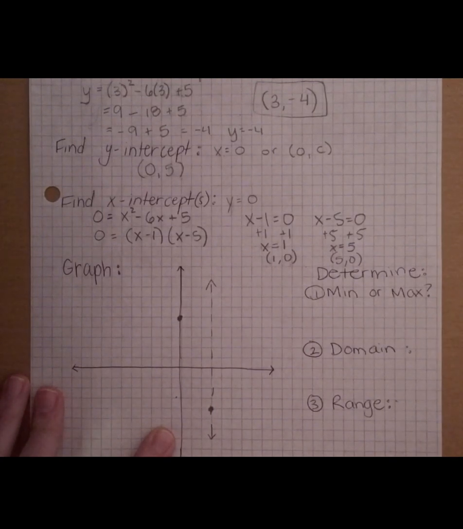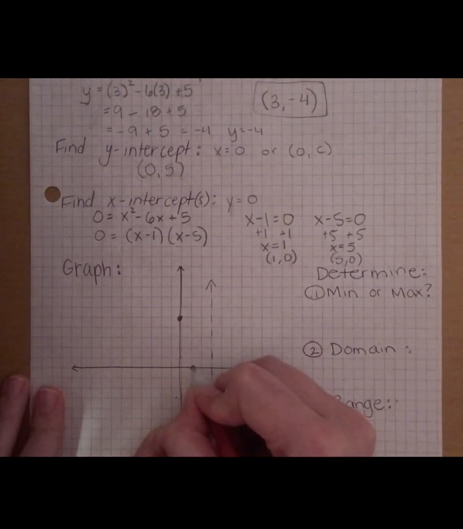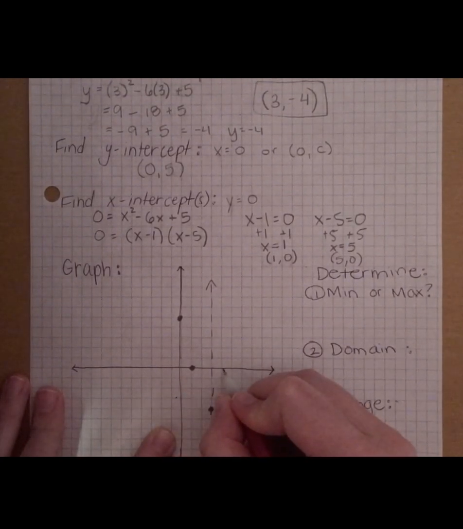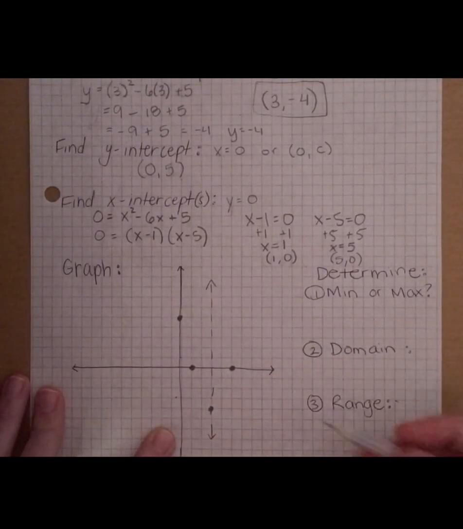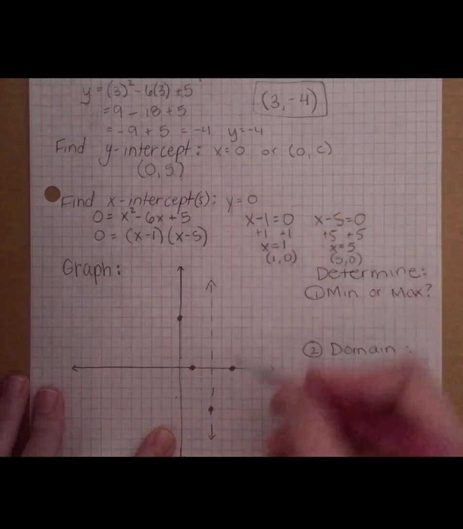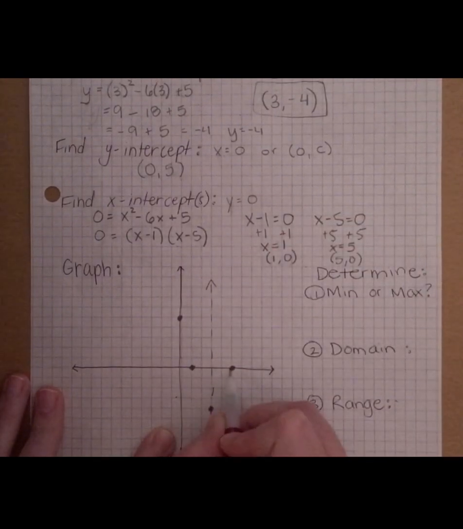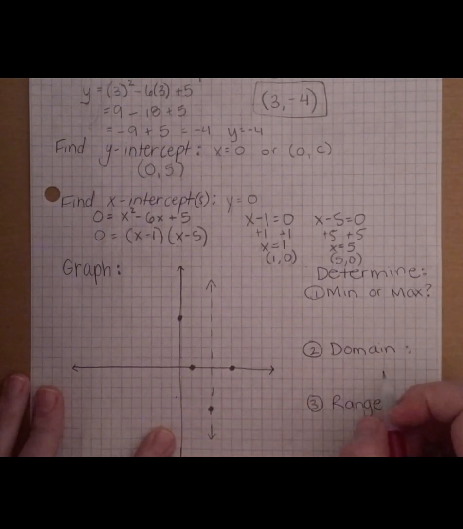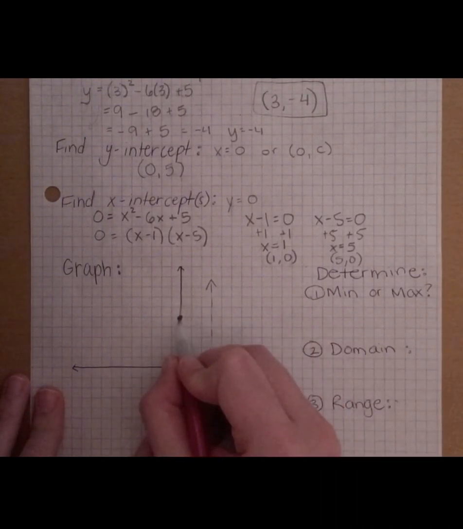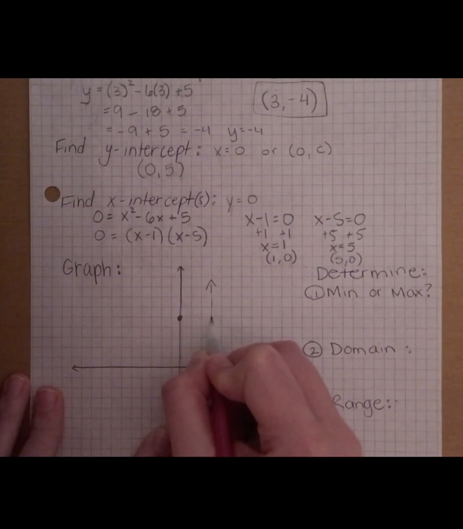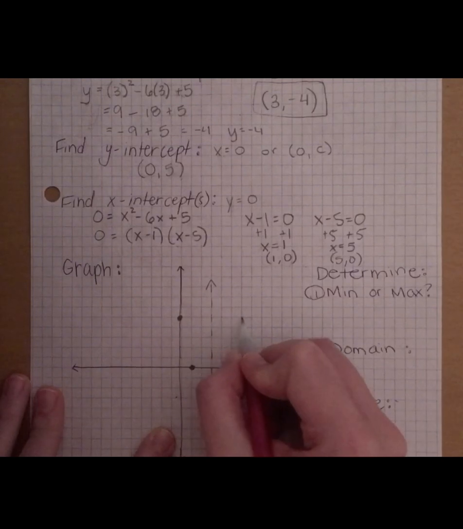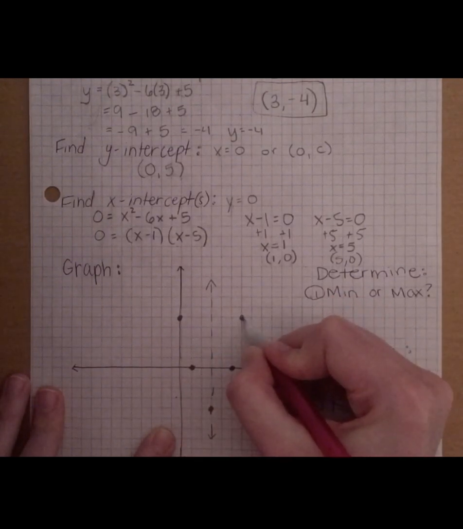And my x-intercepts were 1 and positive 5, so x is equal to 1 and x is equal to positive 5. Now remember, this is the mirror part, this is the reflection. These x-intercepts should reflect each other, and they do. They're both 2 spaces away from my axis of symmetry. And now we can also reflect this y-intercept. So this is 1, 2, 3 spaces away, and so it needs to be 3 spaces away in the other direction. 1, 2, 3, giving me this point here,